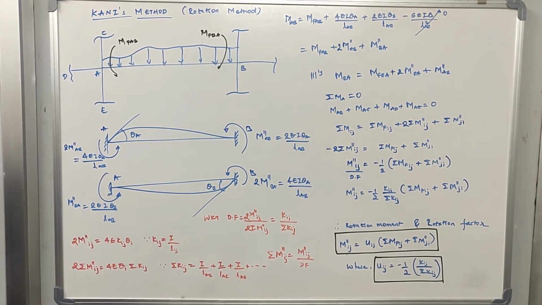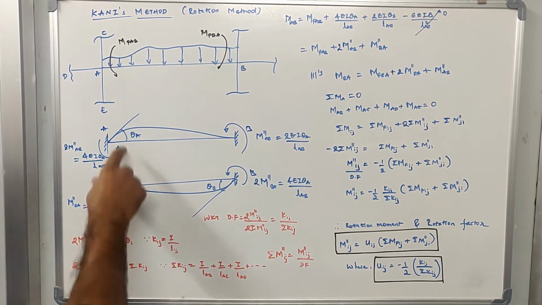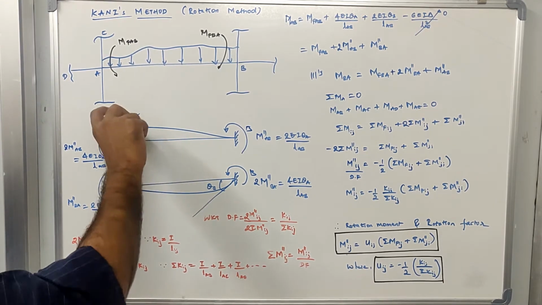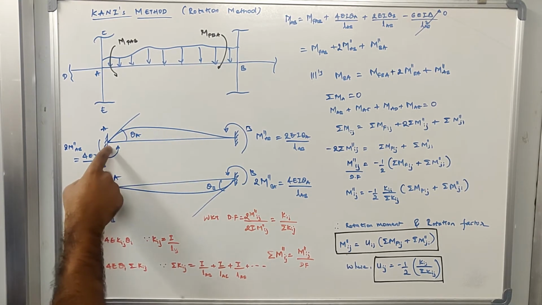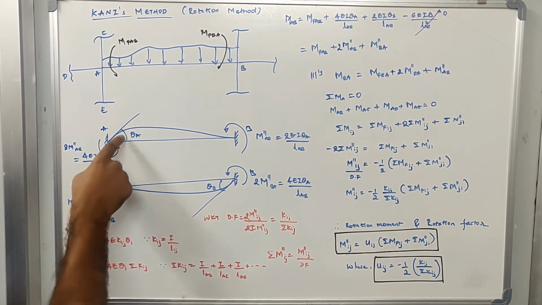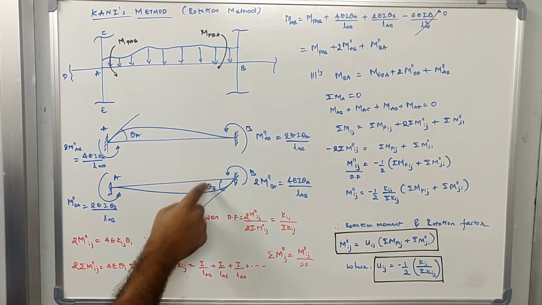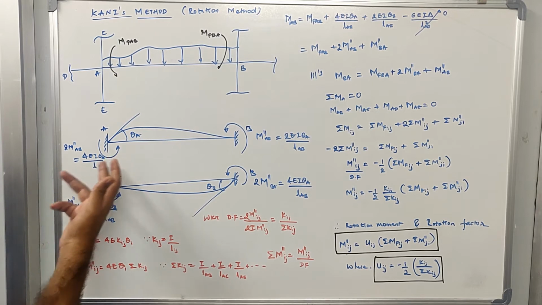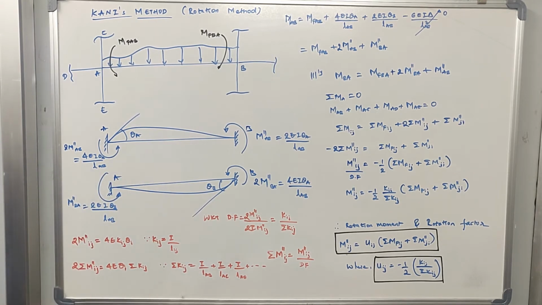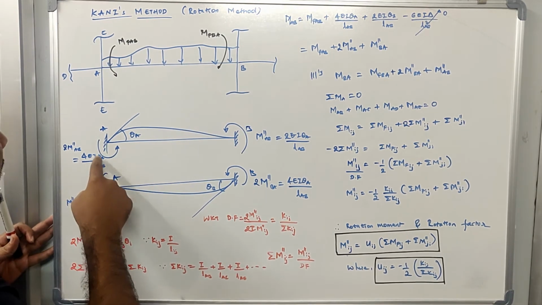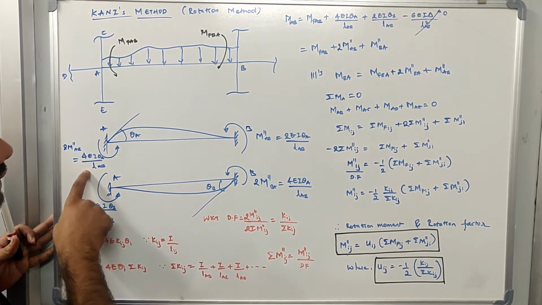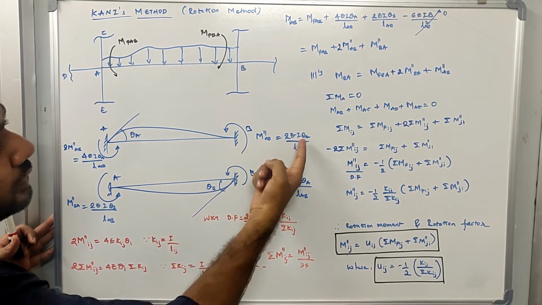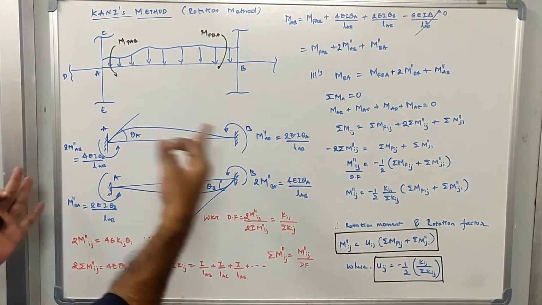We also know that when I apply some moment here, it will create a slope, a rotation. We can call this theta A, the rotation at end A. The rotation at the other end B we call theta B. The moment required here will be 4EI theta A divided by LAB. This is the equation that we already know. If a moment of 4EI theta A divided by LAB is applied here, half of that will be carried over to the other side, which is 2EI theta A divided by LAB. We knew all of this, right?